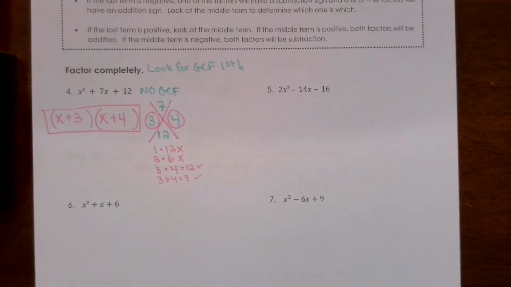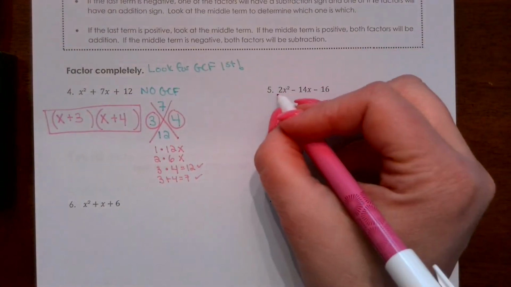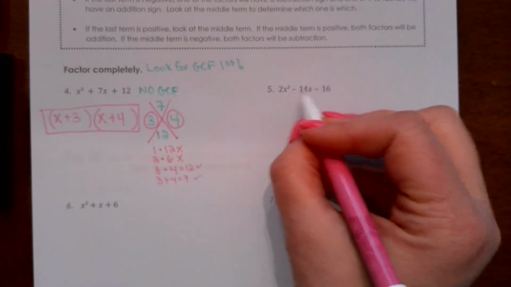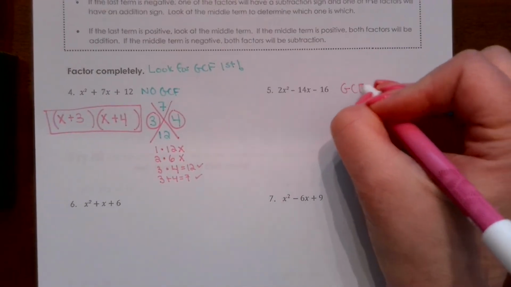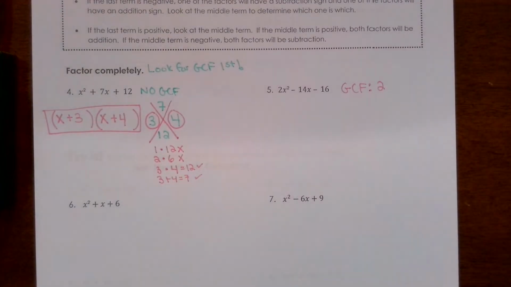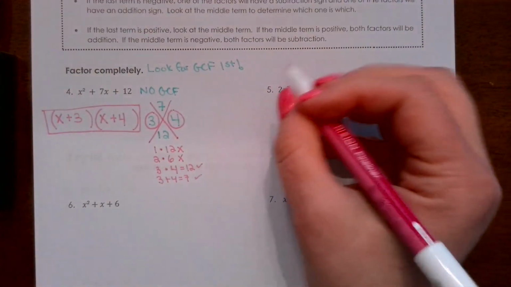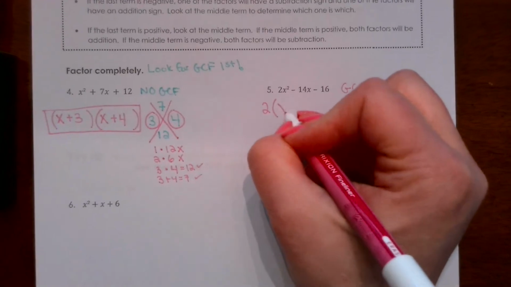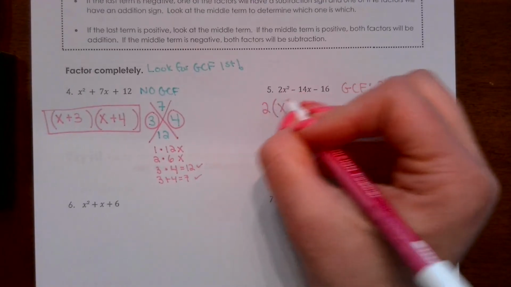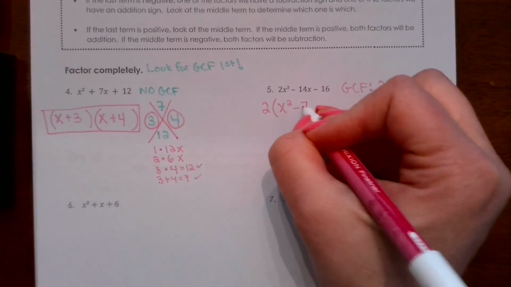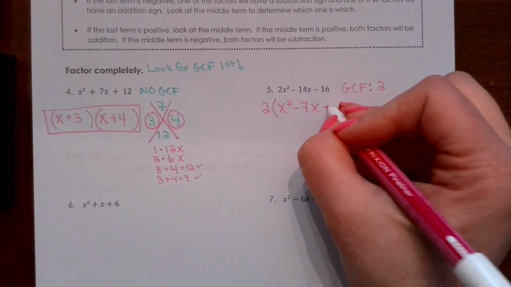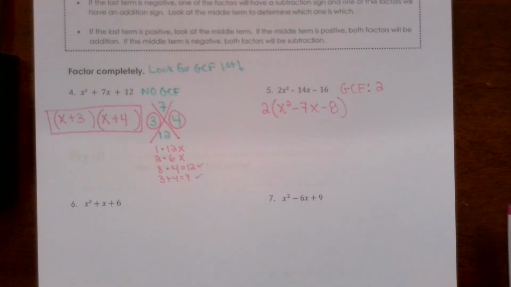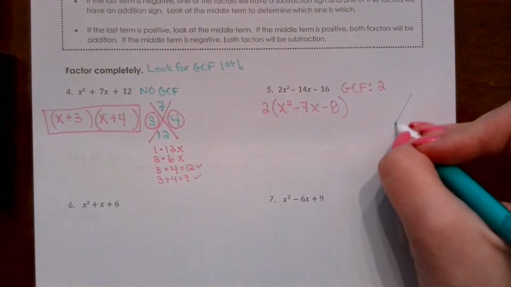First thing I'm looking for is a GCF. Well, I see that the number 2 is there. And 2 goes into 14 and 16. Can't take out an x, so my GCF is simply going to be 2. We've got to take the 2 out first. So I'm going to write 2 times x squared, because 2 divided by 2 is 1. 14 divided by 2 is 7, so minus 7x, and 16 divided by 2, minus 8. I can now set up